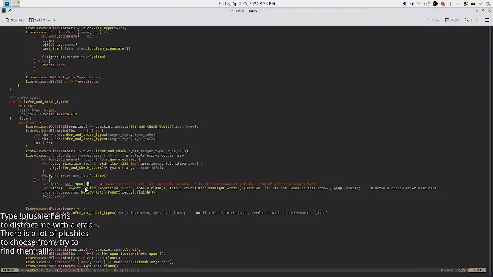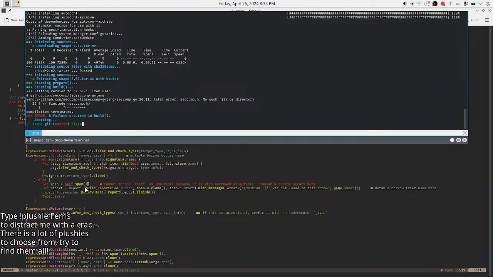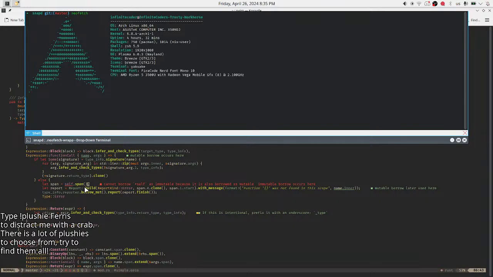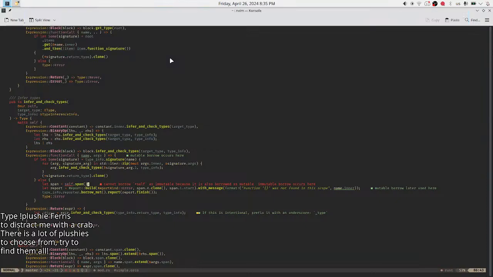Nor can I use AUR because it's cheating. Yeah, I'm on Arch by the way. Arch with Nix, wow. New features, Nix packages. That's kind of surprising. Maybe I should use fast fetch, but who cares really here?